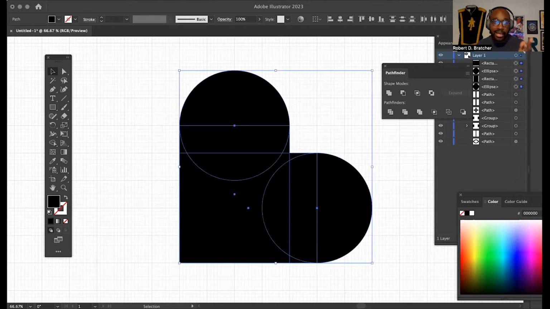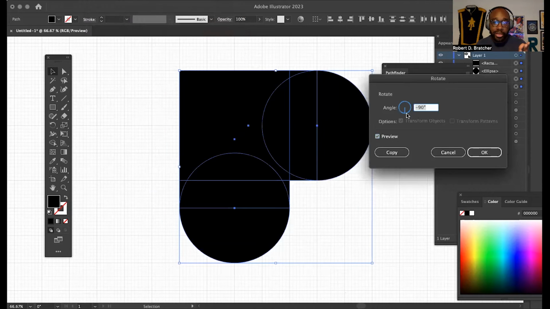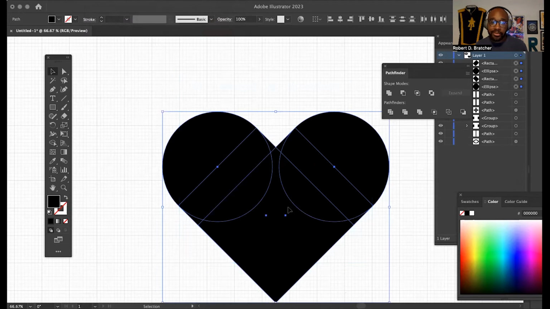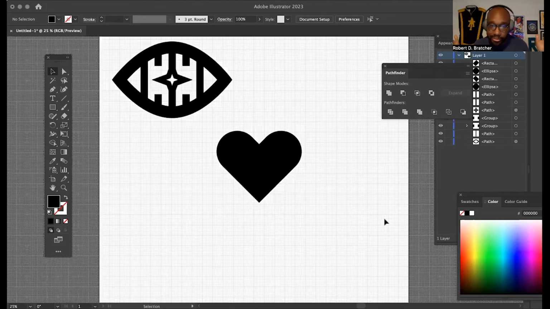Because now we highlight everything and we rotate it 45 degrees. And guess what? There's your heart. Easy breezy. Beautiful. Cover girl. So with the heart, depending on how long you make your circle and rectangle,